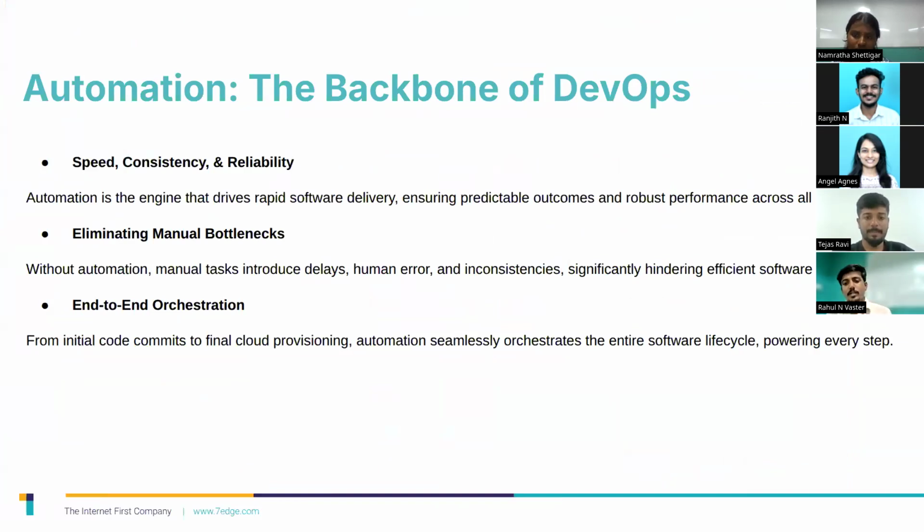Yeah, absolutely, Tejas. Automation is the backbone of DevOps. Without it, everything would still depend on manual effort, from building code to deploying it. The problem with manual work is simple: it's slow, inconsistent, and prone to errors, right? Imagine you have to create servers, configure databases, and set up networking infrastructure by clicking through hundreds of console options every single time. That's what teams used to do before.